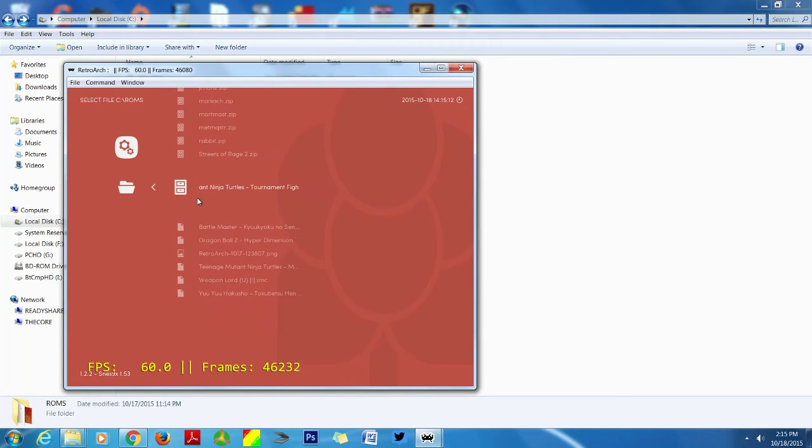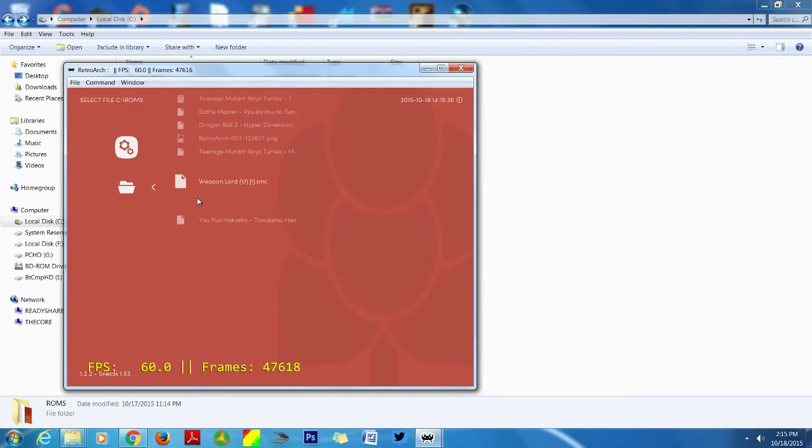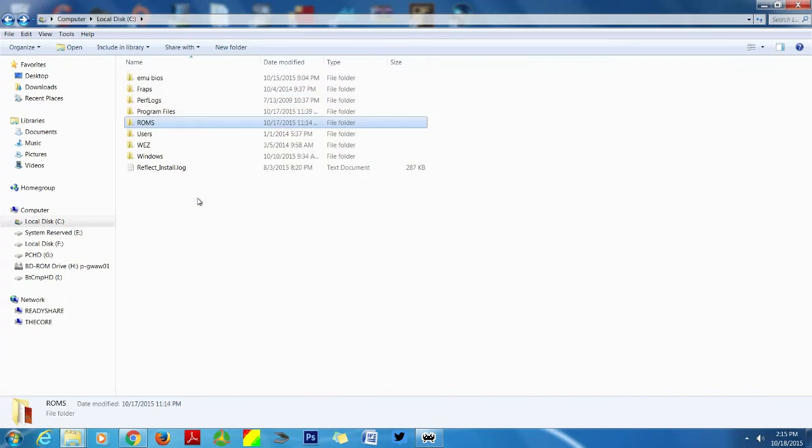Of course, you can unzip them if you want to. I would suggest doing that to help with any confusion. But of course, it can run zip. Most Super Nintendo files are SMC, and there's also, I think, SFC also. I think that's another file type that is consistent with Nintendo games.